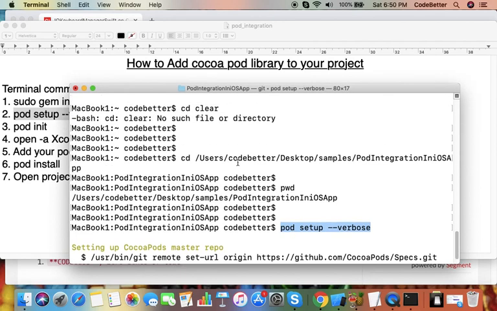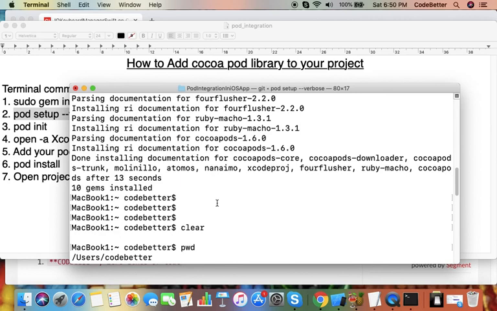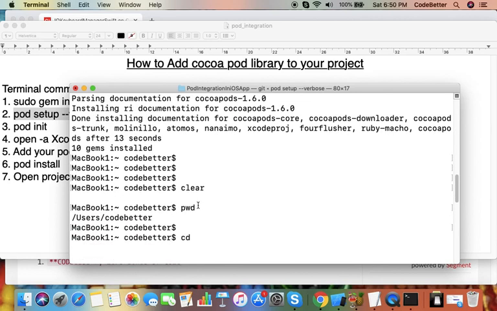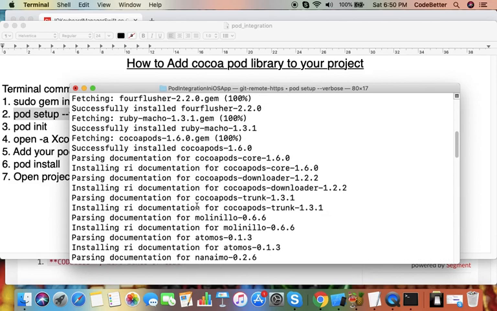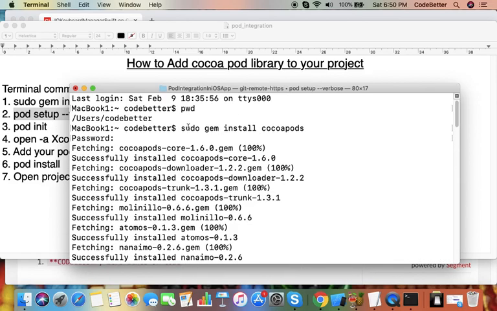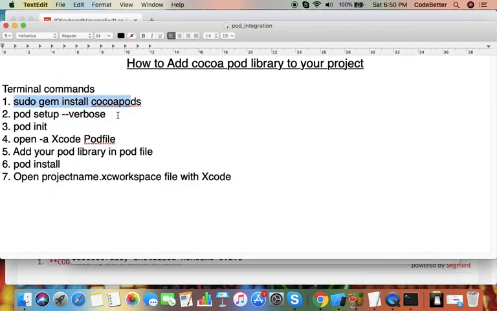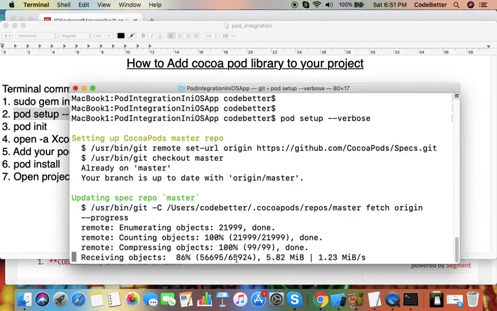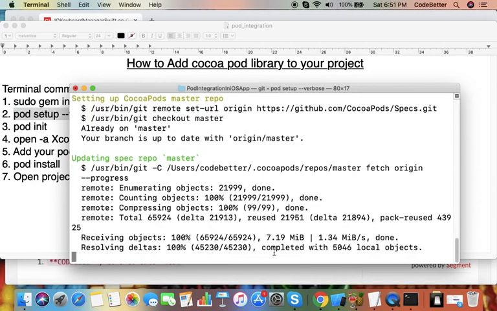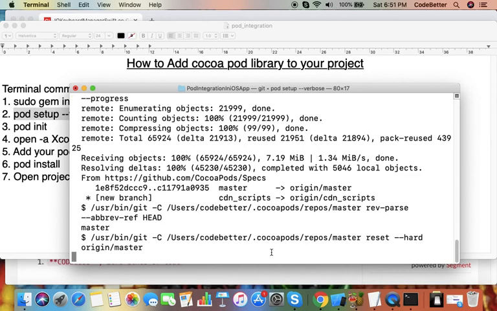I missed that earlier. So this is your first command, and the second command is this, which we are running here. What I see here is it is using some libraries which are missing. Okay, it is setting up CocoaPod.